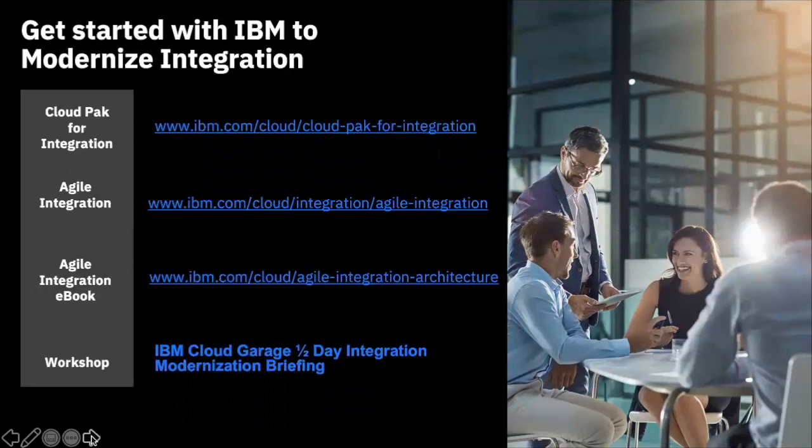Lastly, there are a number of different assets that we have for you all. Vance mentioned up front, there are some right here in the sidebar. In addition to that, there is the Cloud Pak for Integration main page, which will give you more detail on the technology. There's the Agile Integration ebook, which is really quite powerful because it talks through how you modernize your integration and how you get to Agile integration in a way that everybody can do effectively. And then finally, as we mentioned before, we have the workshop that we are offering for everyone. If you have any questions on any of those things, of course, contact us. We are very excited to bring this to you and hope that you've heard some interesting and valuable things about how integration is changing.